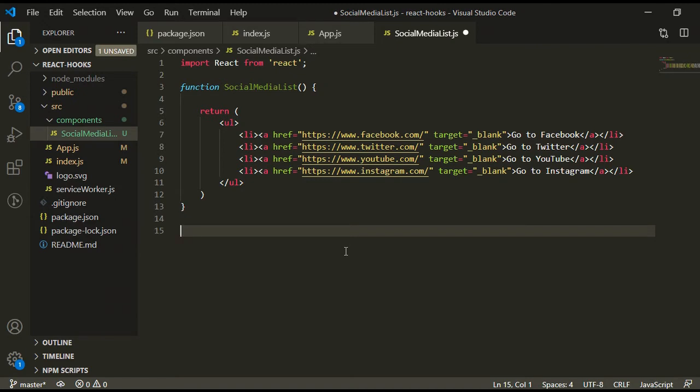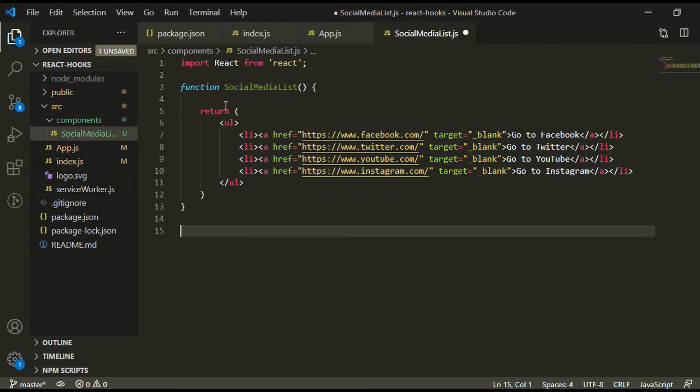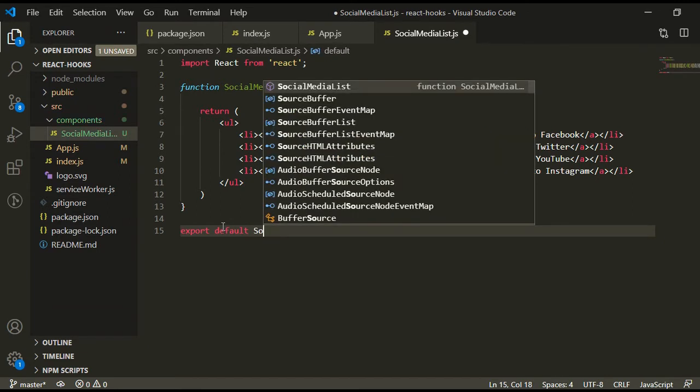Just export this function so we can use this component outside of this file. For that, just export default and your component name.